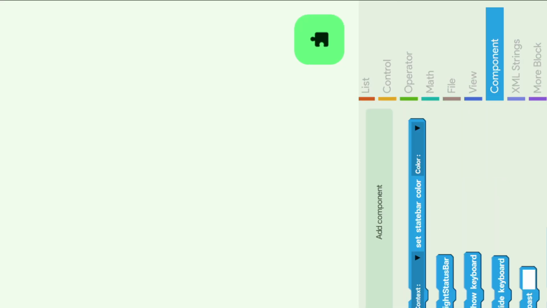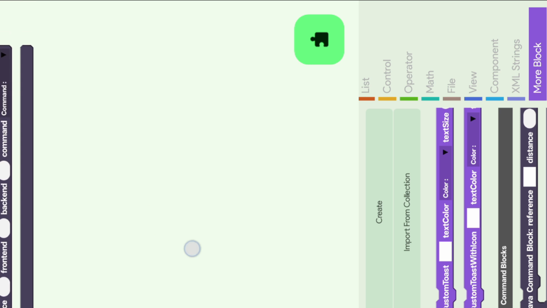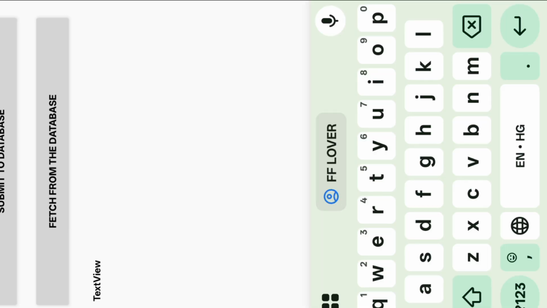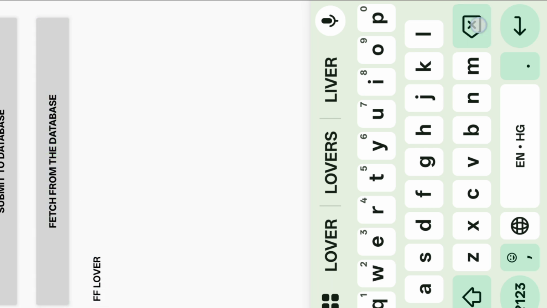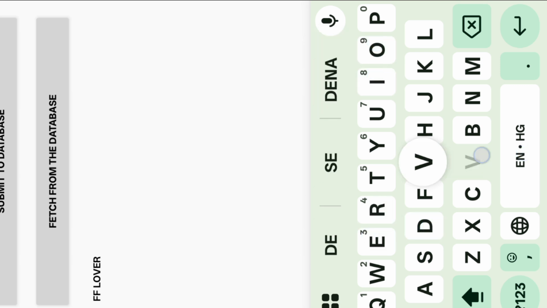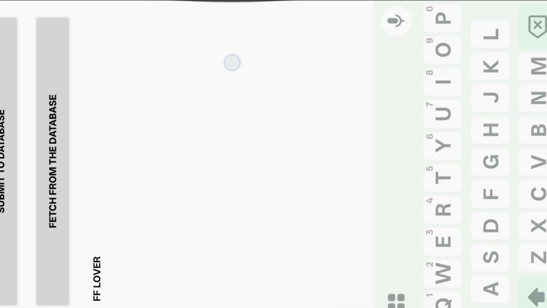You can remove this using the replace block like this. I already removed it, and now the application can submit a name easily and fetch data easily from Firebase, like Android dev coach, submit and fetch.